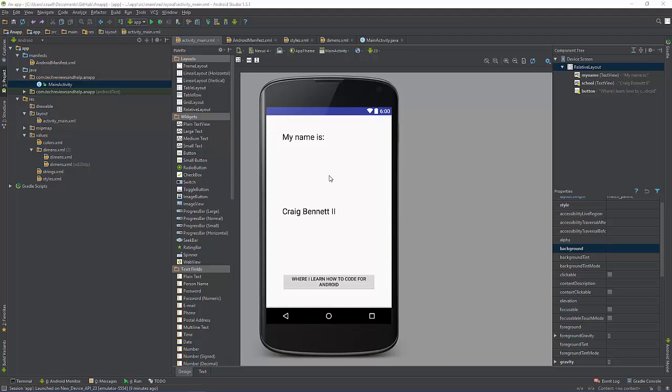Now, as far as that goes, this video is going to get into how to put functionality into your application. We're going to get as far as we can within this, but if you run into any problems, then please